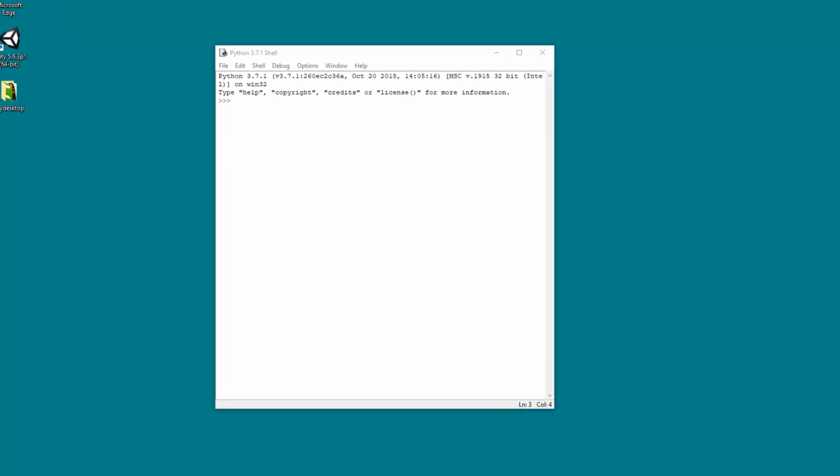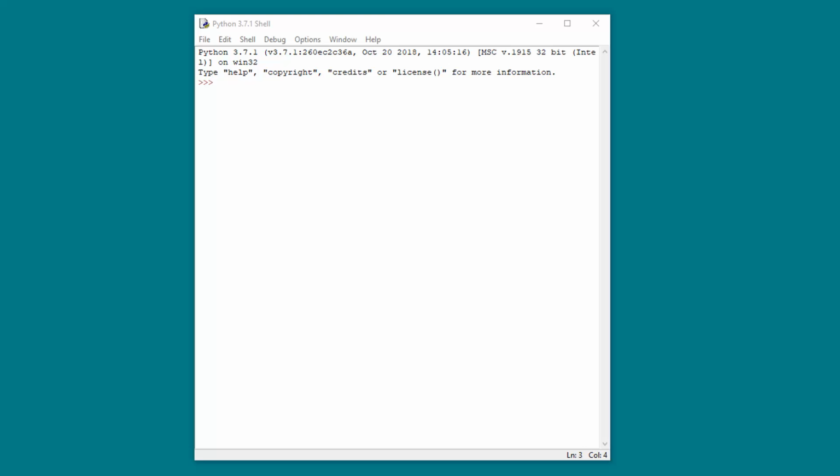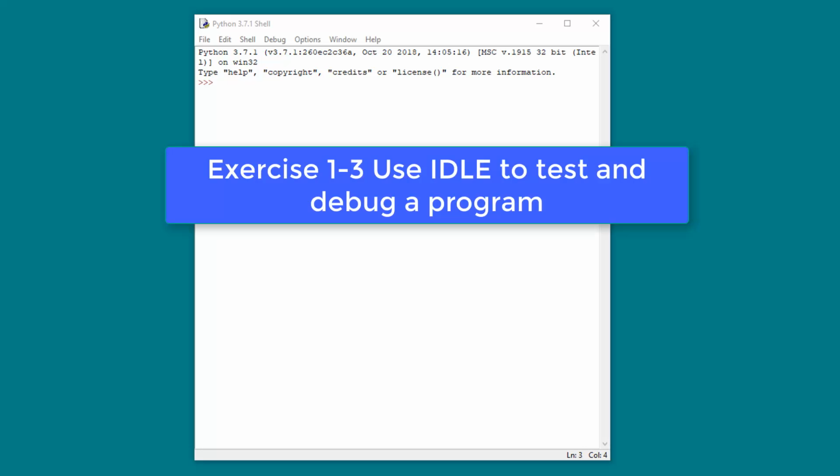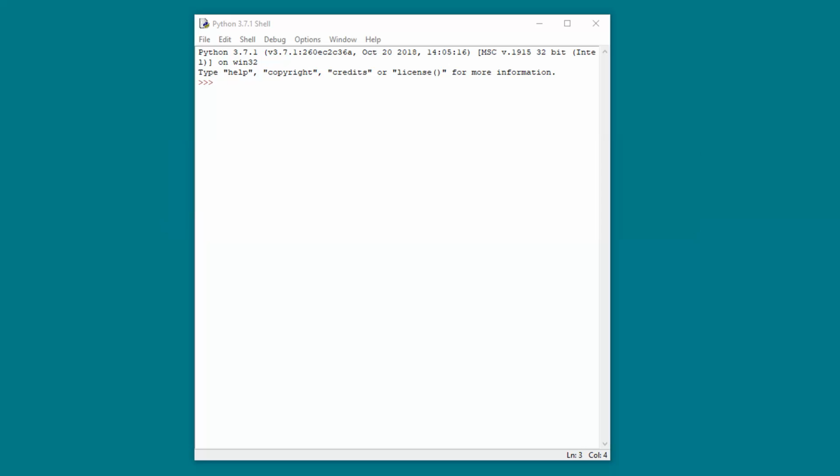Today we're going to do exercise 1.3 in the book. It's use IDLE to test and debug programs. First of all, we need to start IDLE and get to the Python shell. Now we're going to follow the instructions in the book,